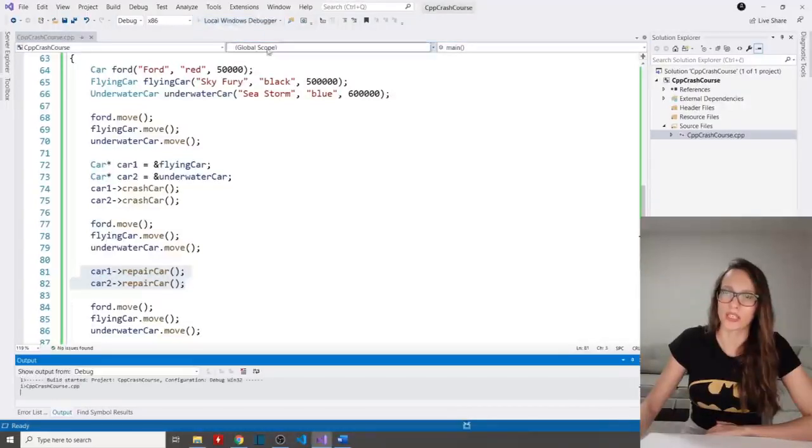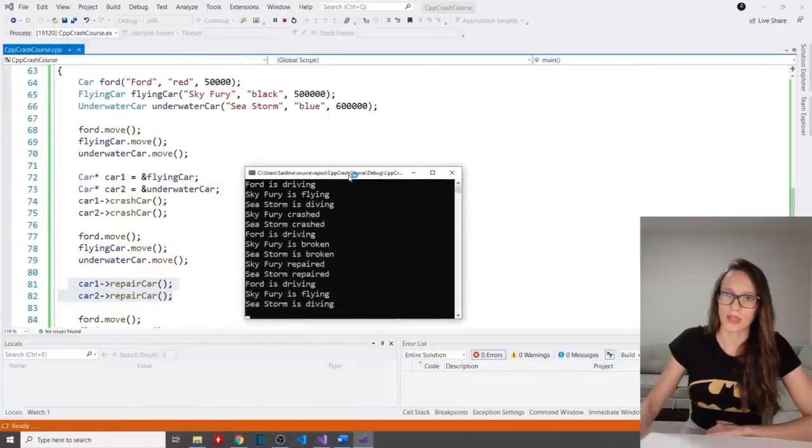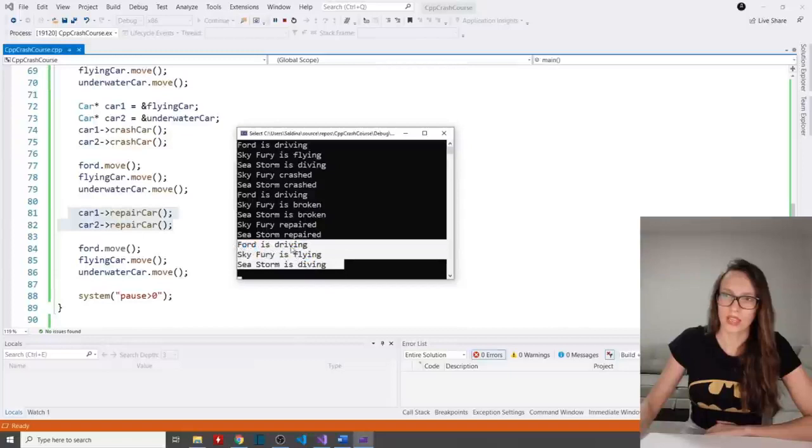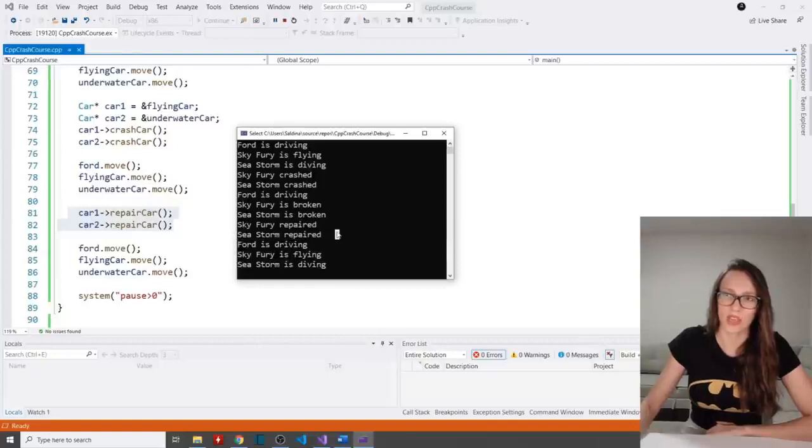And if I run it, you can see that these last three lines indicate that Ford is driving, Sky Fury is flying, and then Sea Storm is diving. And before that, we have successfully repaired our Sky Fury and then our Sea Storm as well using this here.